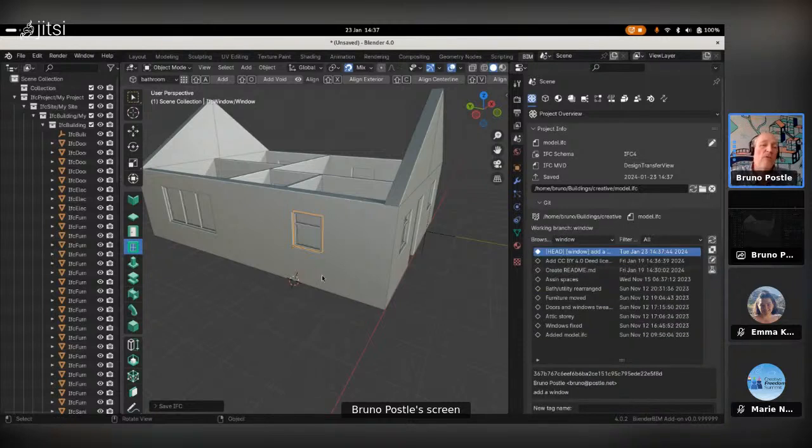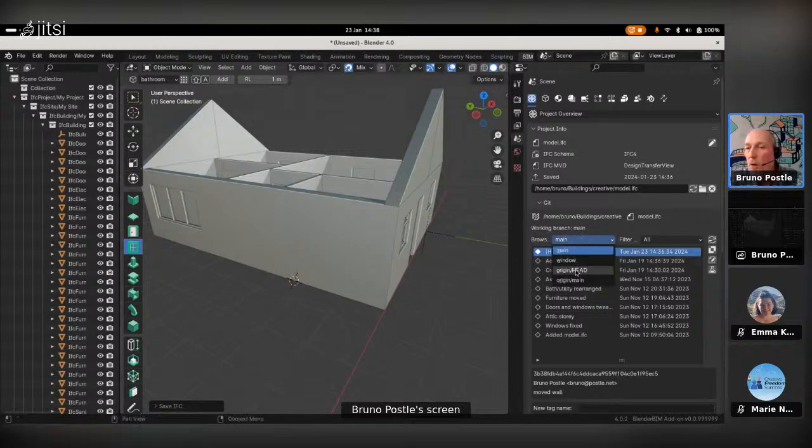So now I've created a conflict here in the main branch of this model. I've moved a window, and on this window branch, I've added a window. So if I switch back to the main, you'll see that this window will vanish, and the other window that's moved is there. But what I can do now is, because IFC is this great line-based file format,